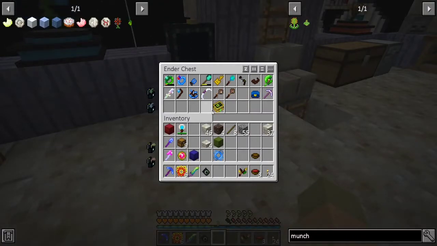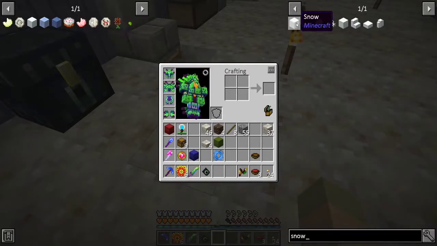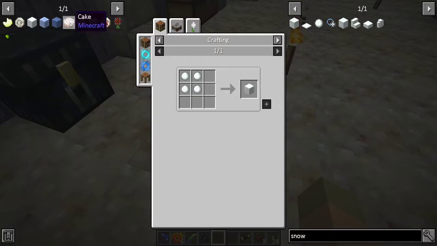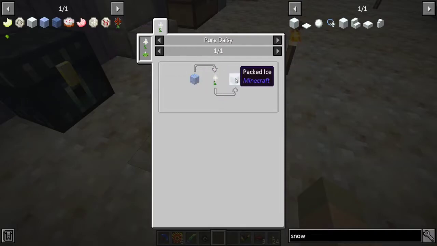All right, looking at this, snow, packed ice, and ice. We get that from the pure daisy with still water or with snowballs, which we can dupe for real cheap. So we'll dupe snowballs and craft it into snow. And then to get ice, we can do that through the mana infusion, the snow into ice. But the packed ice needs to be done with the pure daisy. So once we get the ice from our alchemy catalyst, we could place it, or